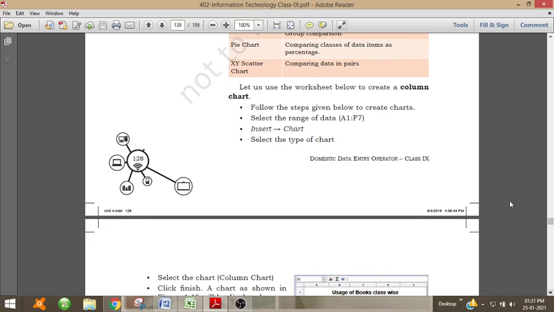So let us use the worksheet to create a column chart. First select the range of the data, then insert chart, select the type of chart in which you want to represent the data.